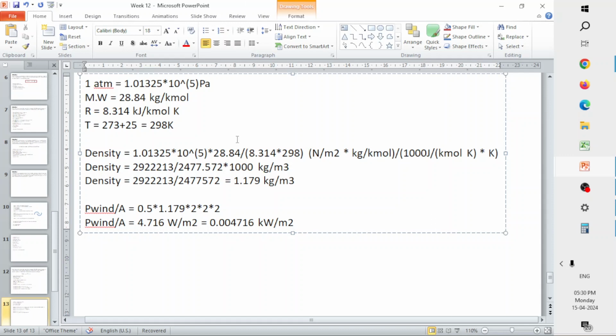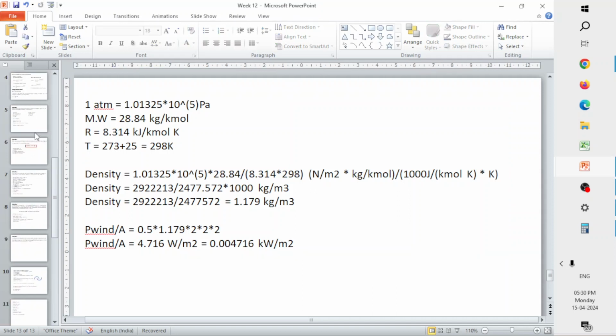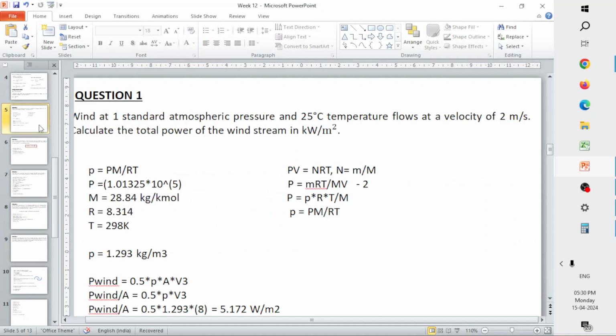I have specifically taken this problem because we need to practice how to calculate the density in case it is not given in the question. Since here everything is at atmospheric pressure, 1 atmosphere, and temperature is 25 degrees Celsius, the variation between what we did yesterday and today will not be much. But if the conditions are not the same, then there will be a huge difference.